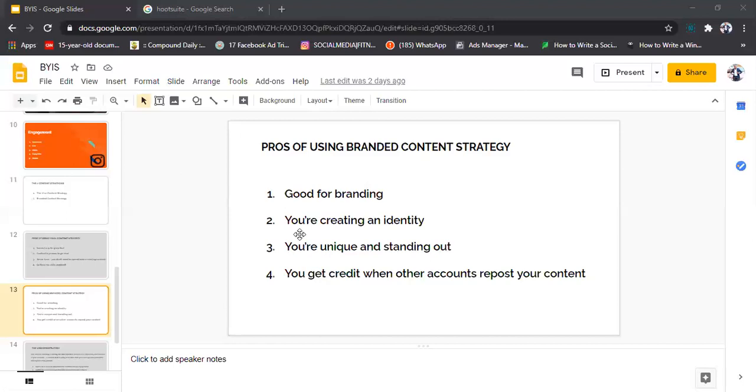So that is it about the two content strategies that you need to know. Okay. So it's either you're creating your own. But the thing about using branded content strategy is that the contents are not proven to go viral. Okay, you might create up to 50 contents before you see one that will go viral. But with the viral content strategy, these contents are proven to go viral already, just for you to take them and put them and get at least 50% of the result the actual post got from the owner of the page. Okay, so that is just the two things about this viral content strategy.